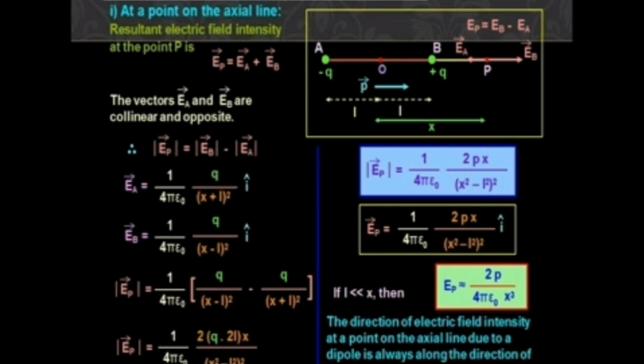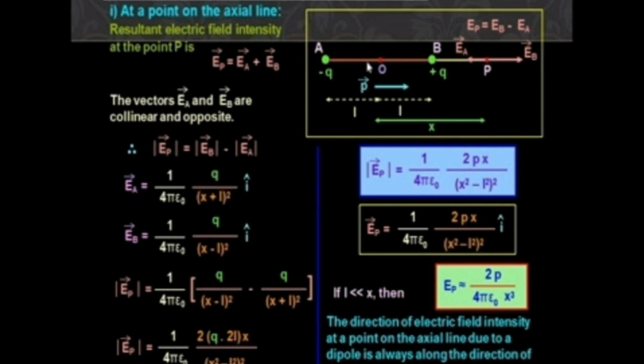ஸோ நவ் யூ கேன் see that. So this is a dipole. A and B are the two positions. So in point A minus Q, point B plus Q is here. The two charges are separated by the distance of L. And from center point O, it's the center of the dipole. So the distance that P is at the point,